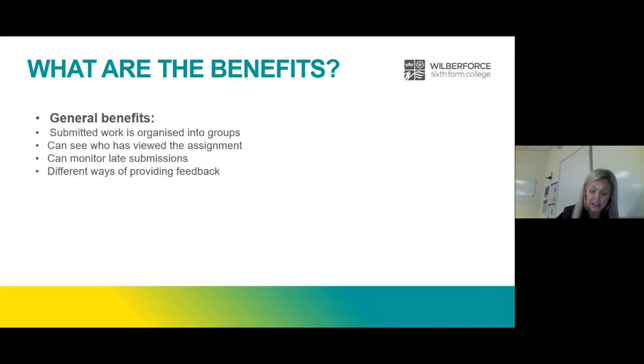So you can provide different ways of feedback. Now, Lynn will go through some of this in the live demonstration. When you go in to give feedback to somebody, there's two options really. There's a little feedback box on the right hand side of the screen that allows you to type some quite generic feedback, even if it's just to say that they've met the assessment criteria, and you can return it that way. Or you are in a position to put comments straight onto that student's work and return the work to them that way. So there's different ways and means of doing that.